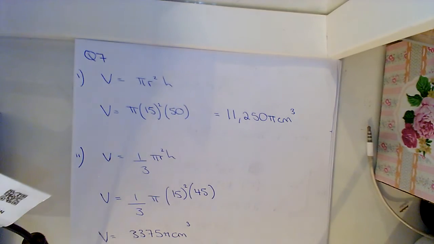Question 7 then I have here: volume is equal to pi r squared h, so V is equal to pi (15)^2 (50), and that's equal to 11,250 pi centimeters cubed. For part 2, I was asked to calculate the volume of the cone. Give your answer in terms of pi. The formula for the volume of a cone is 1/3 pi r squared h. So I have volume is equal to 1/3 pi (15)^2. My height is 45,